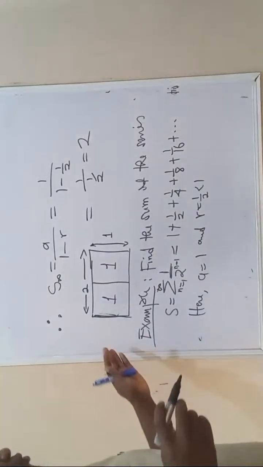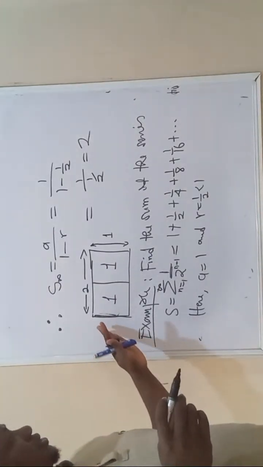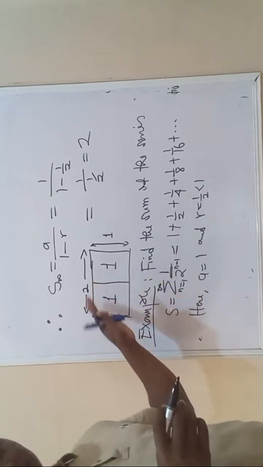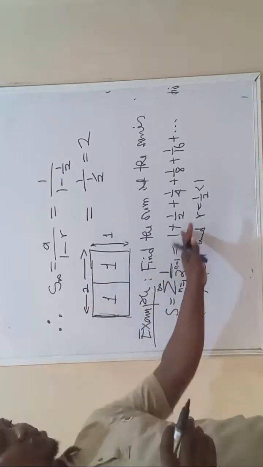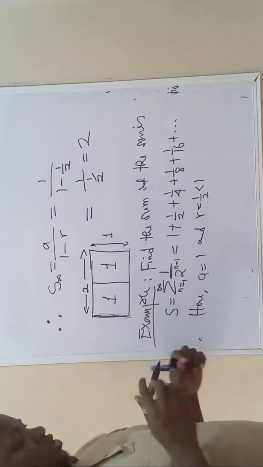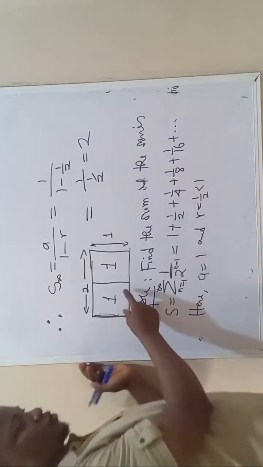So now this term or this rectangle can represent this. So the first square that we have here can represent